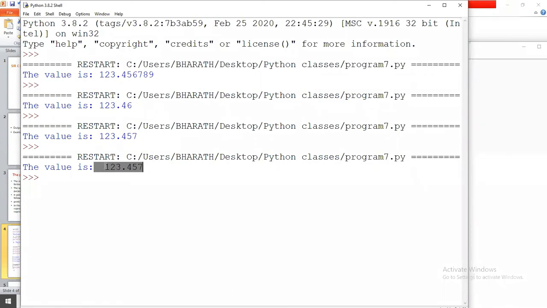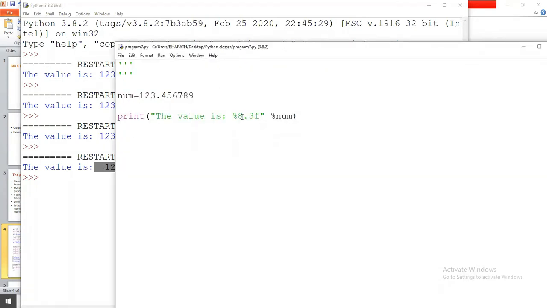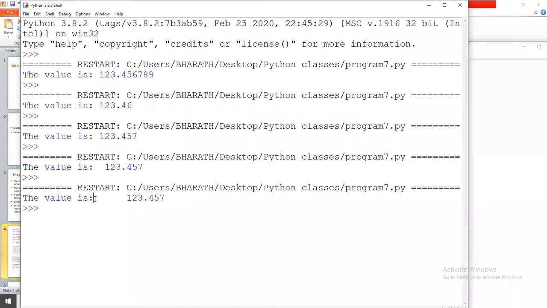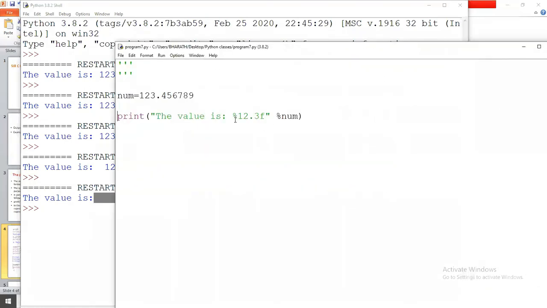This is the space, one space here. For better understanding, we're going to take 12 here. That means in 12 spaces you are going to print 123.457. Okay, let's try.